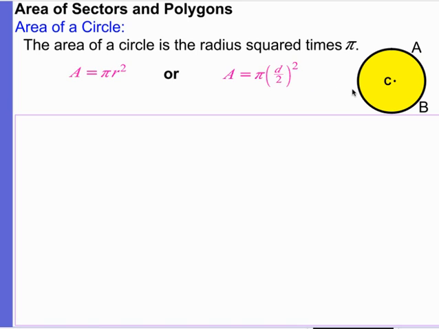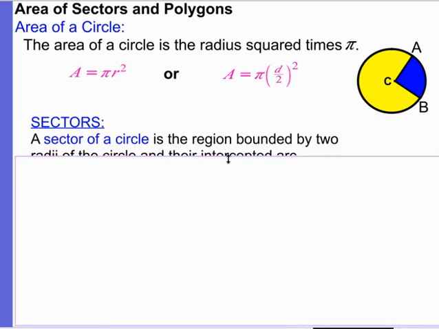Now, what happens when we have a segment of the circle? Let's say that this is a cake and you have taken a slice off the cake. How do you know if you have been fair to cut the cake so that everybody gets their share equally? So, to figure out